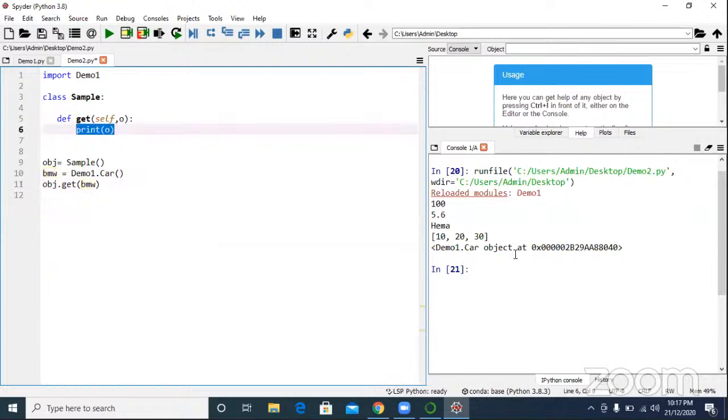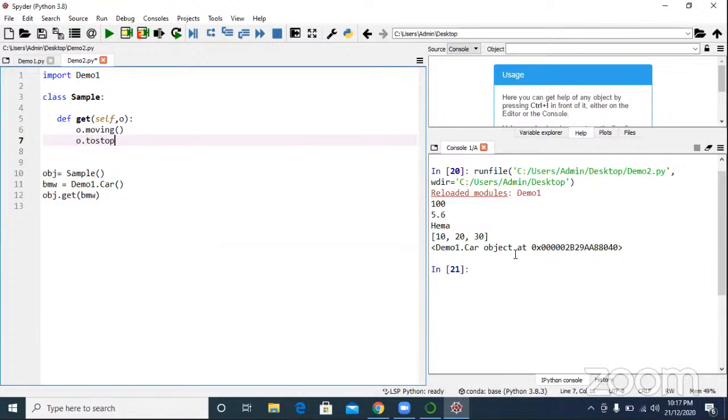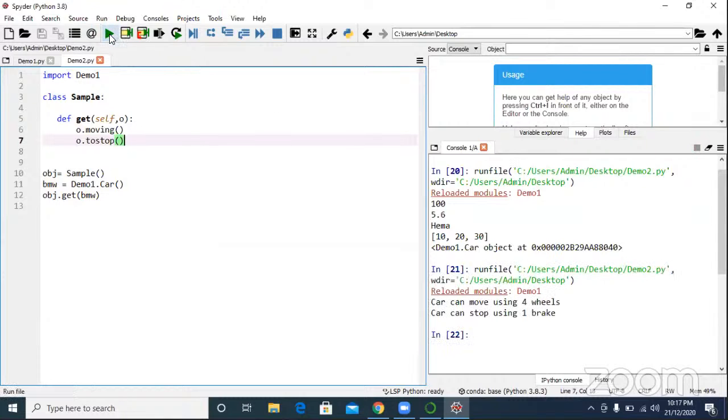So if you have the object, I can call O dot moving, O dot stop. Why not? Because O is an object.